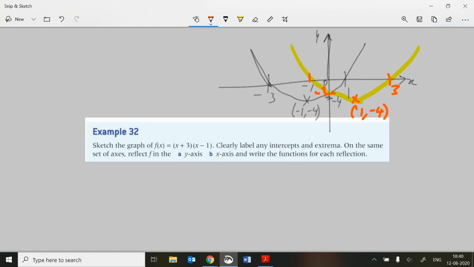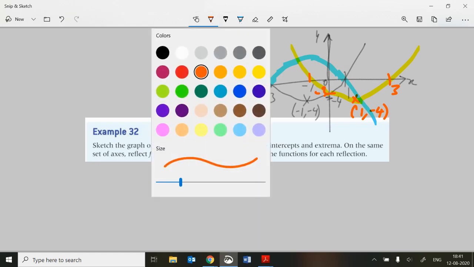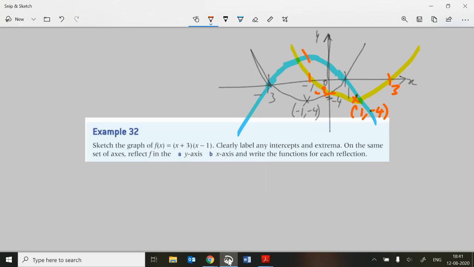And if we're going to do a reflection in the x-axis, the whole thing is going to get really messy. And hopefully you're not watching this on your phone where it's totally small. So reflecting in the x-axis is going to go like this. It's pretty easy though, right? So it's going to go like this. And I don't know where it's going to go down there. But it's going to go something like that. And then we can put on our turning point for this one as well. And we can say that this point up here